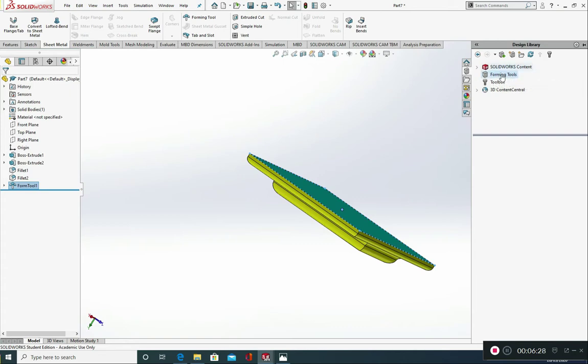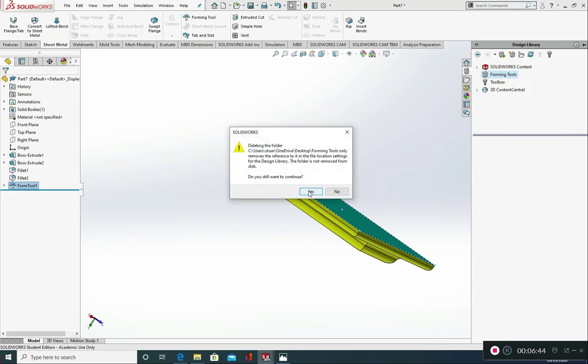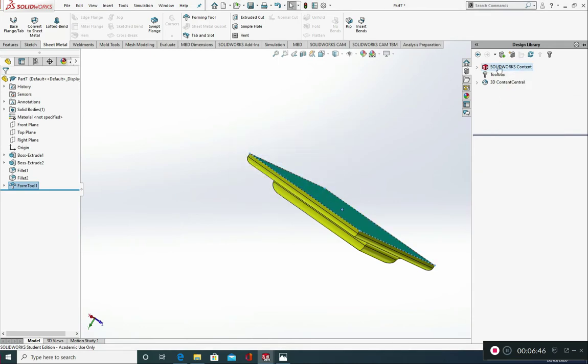Okay, there are some video tutorials out there that say to do it in C drive, program files, Solidworks and forming tools. I just keep mine on my desktop. If you want to create this forming tools folder, it's quite easy to do. I'm just going to delete mine. Okay, I'm going to remove it. Yes. The way that you create that folder is